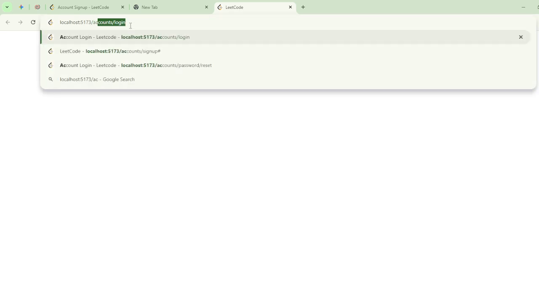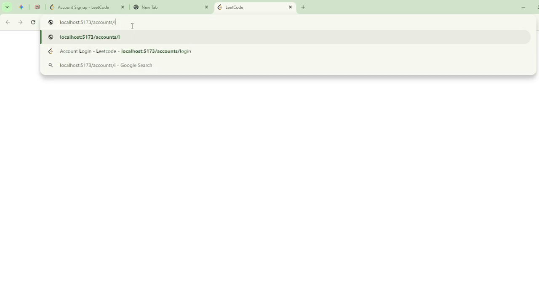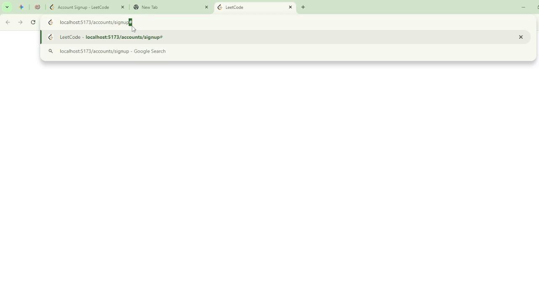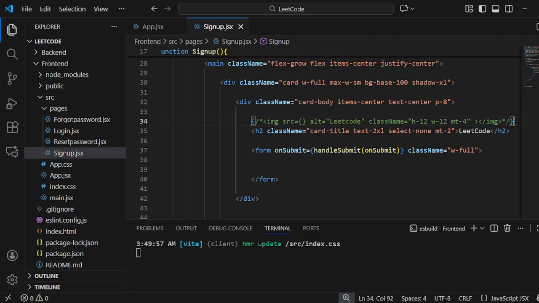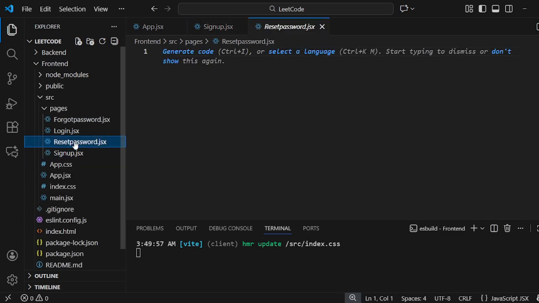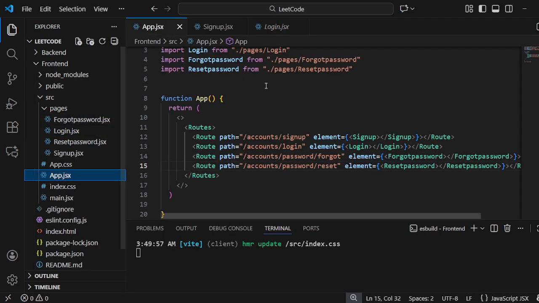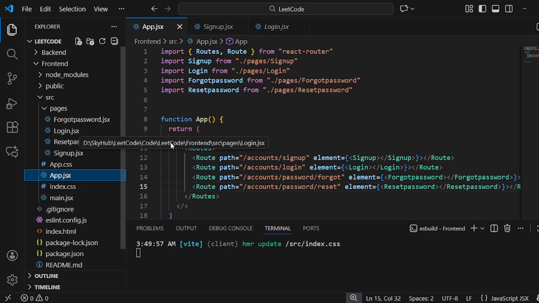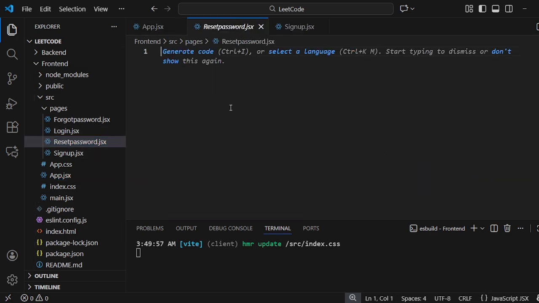/accounts/signup. But here the page is not shown. This is because we created our reset password, login, and forgot password components, and we also exported them and imported them inside our App.jsx, but we did not define them. So first define it,